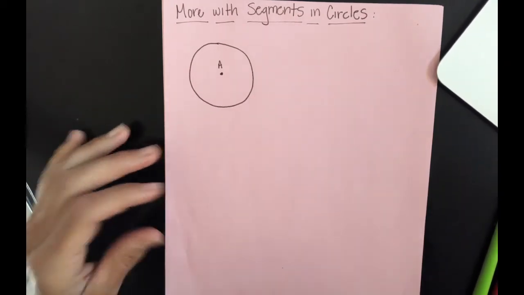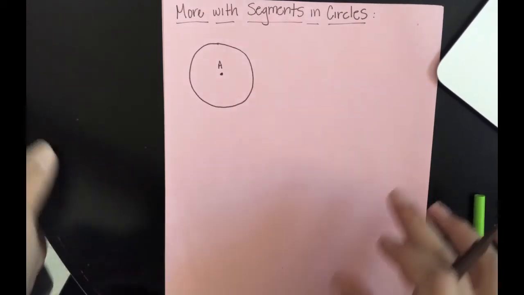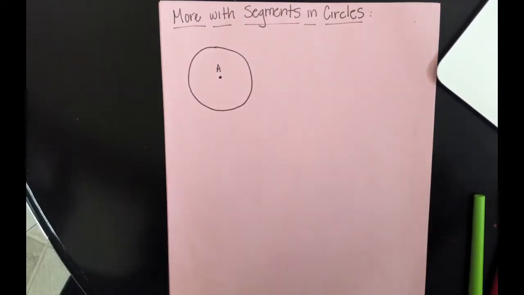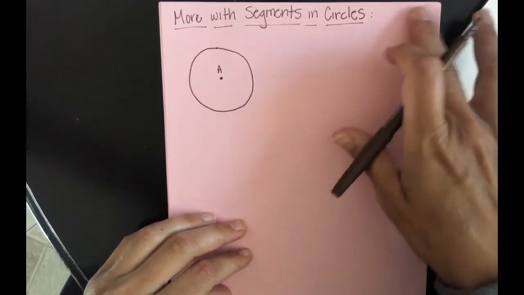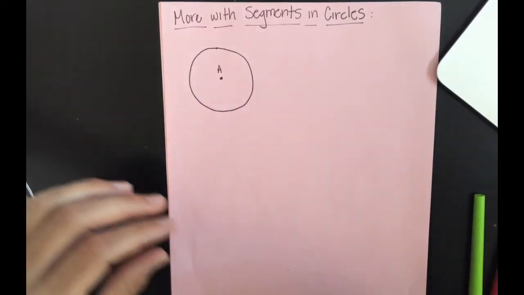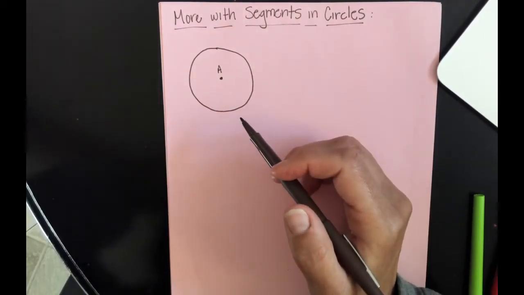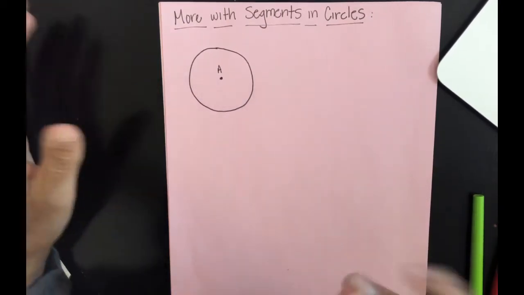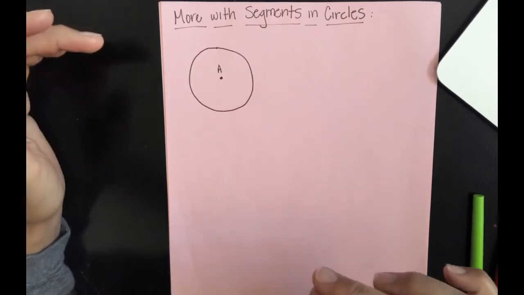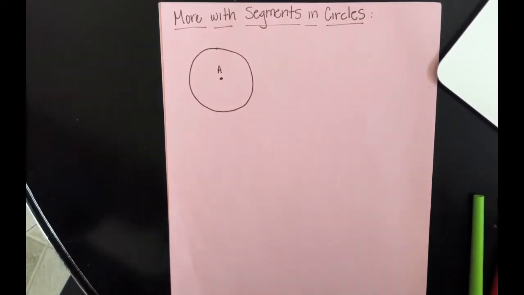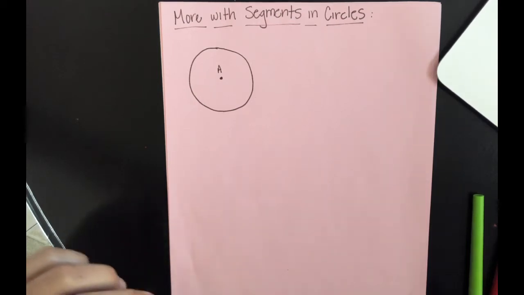Okay, so what we're going to do today is add some more vocabulary and some more theorems. We talked last time about tangents and how every tangent to a circle is going to be perpendicular to a radius, and the idea that there are an infinite number of radii in a circle allows this to happen. Also remember that we did talk about